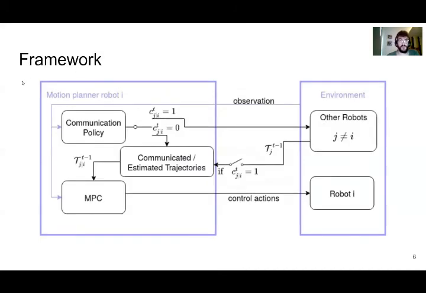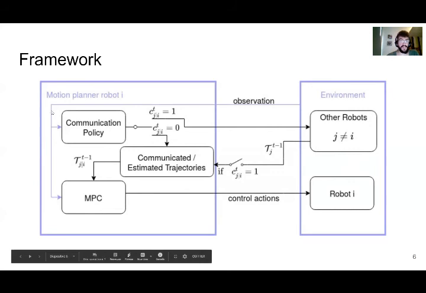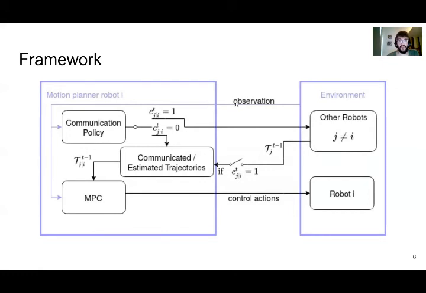First, we can see a summary of our framework in the following schema, in which our robot takes an observation from the environment, processes it through the communication policy, and chooses which other robots must be requested for their trajectory intentions. These other robots will communicate the trajectory intentions that they have computed at the previous time step. For those robots that haven't communicated, our robot will estimate the trajectory intentions using a constant velocity model. This information will be fed into the MPC, which then will use it to compute a control action that will be